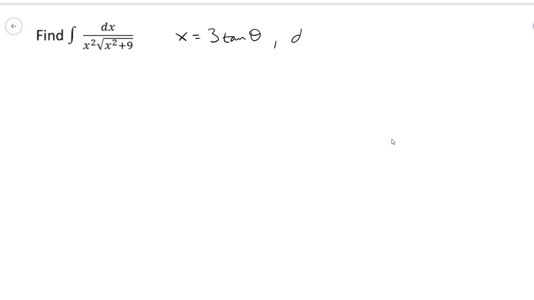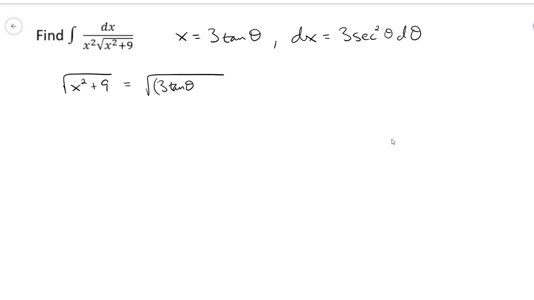So dx is going to be 3 secant squared theta d theta. Okay, so let's see what happens to the radical term in the denominator. x squared plus 9 will now become, according to that substitution, (3 tan theta) squared plus 9. Square that, we get 9 tan squared theta plus 9,